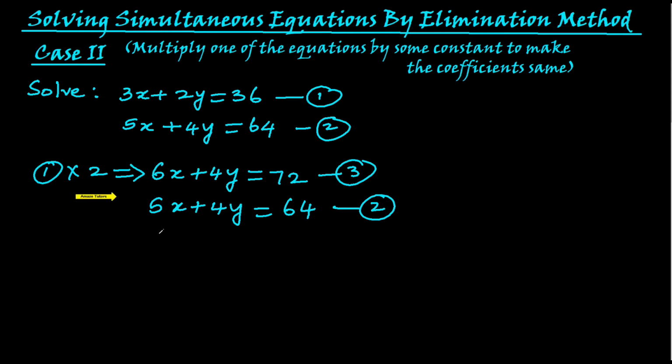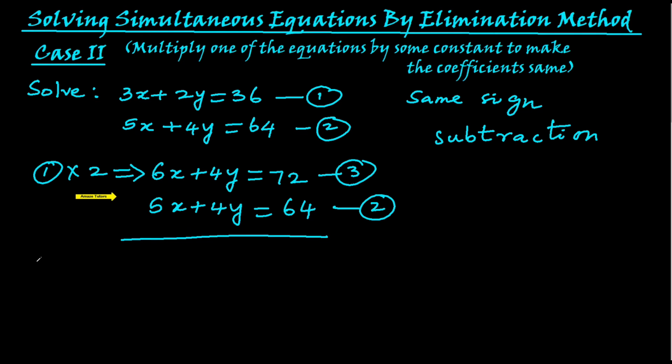What did I tell you in our last video? If it is the same sign, addition or subtraction? Subtraction, because then only the signs will get changed and the variables or the terms get eliminated. So subtract one from the other, or 3 minus 2. When I do that, I need to change the signs of the bottom equation. So change them negative, negative, negative.